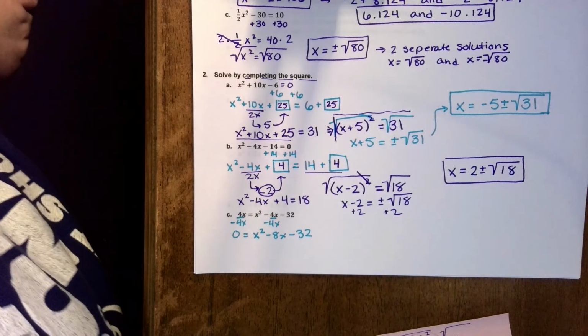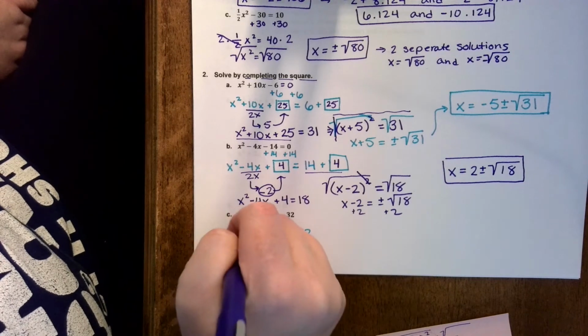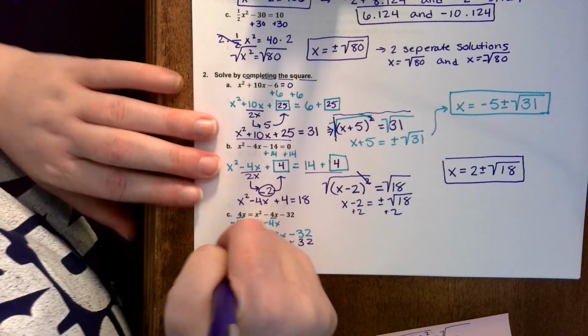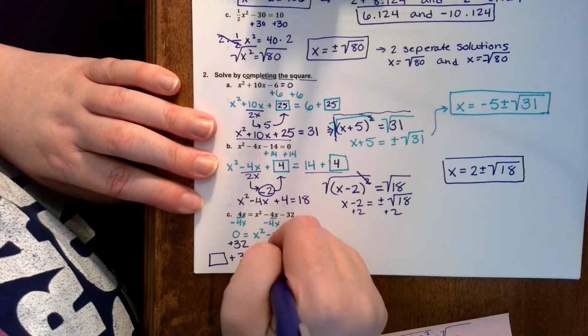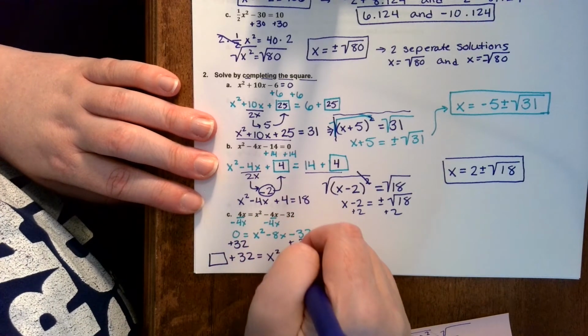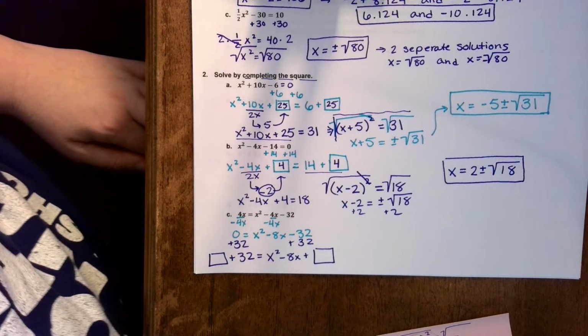So, remember, we're going to do just like we did last time. We're going to add 32 to each side. And we don't want to forget to complete our square, so we're going to have square plus 32 equals x squared minus 8x, and we're going to put our square here as well. Alright, to complete our square,